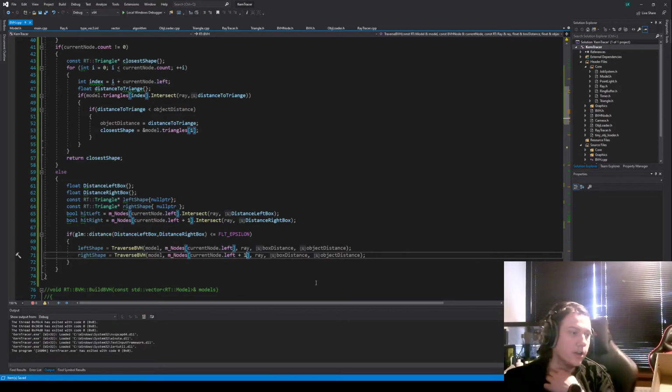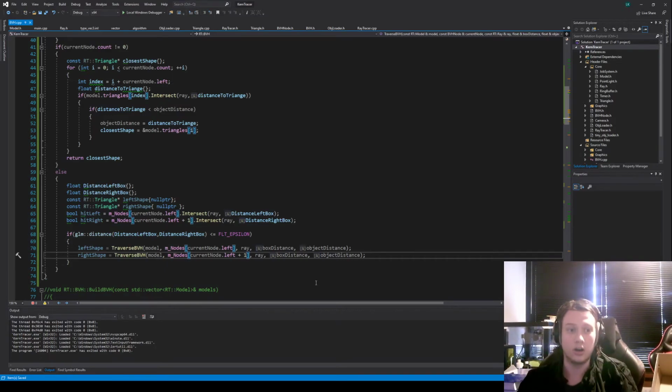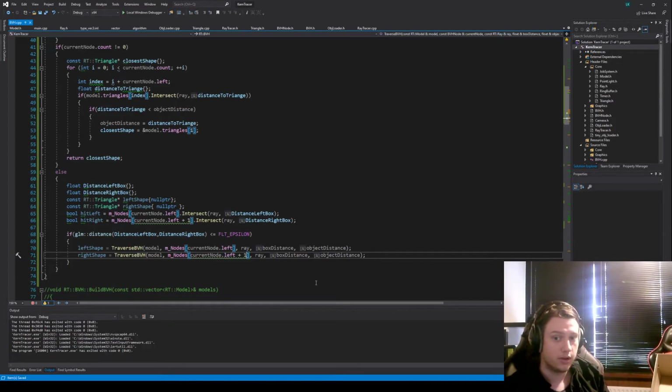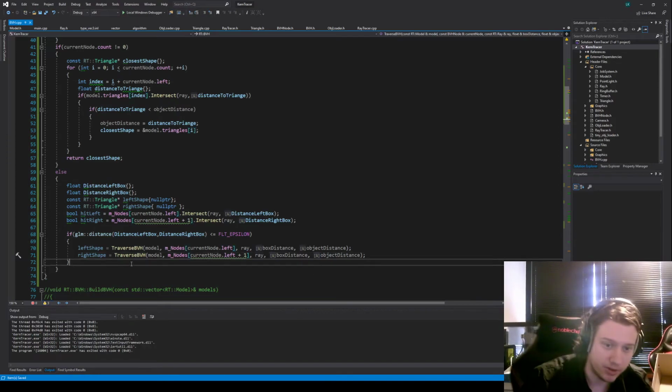So why are we doing this test, right? So if the boxes are further away than the other, we can simply say, hey, we can eliminate this box. Because if we found an intersection, say on the left box, but the right box is further, then that means by default, everything in the right box is going to be further away. So we don't care about it. However, let's say they both intersected very, very close to each other. We cannot simply say, it might not be the case, right? So these boxes are at the same distance, so we have to check both of them. However, if this is not the case,